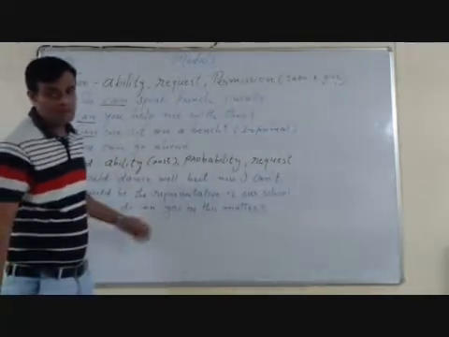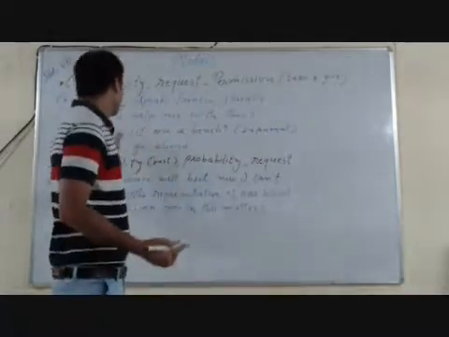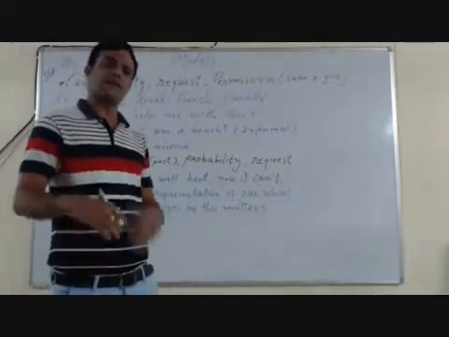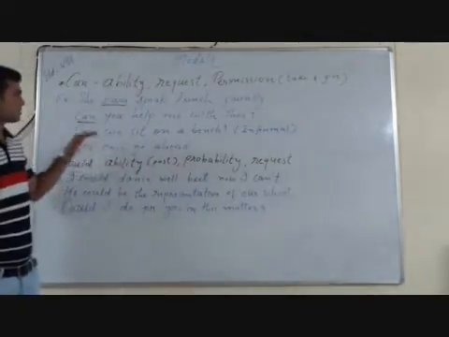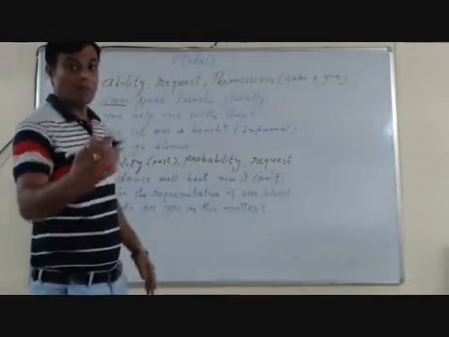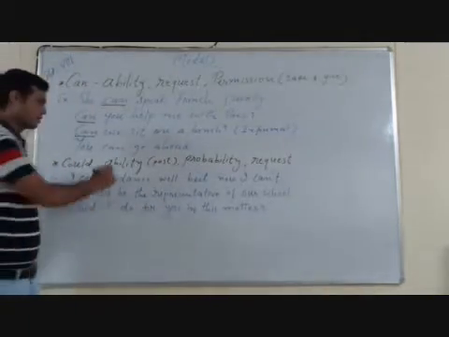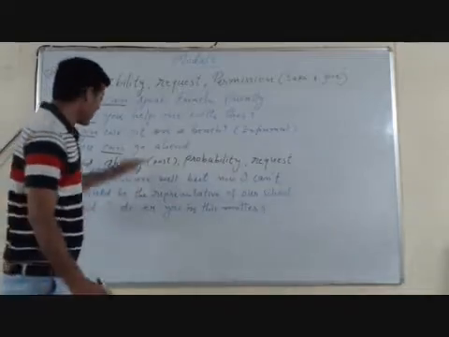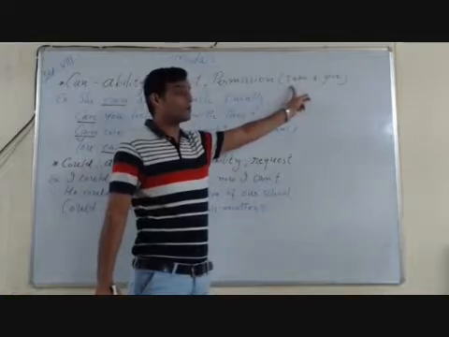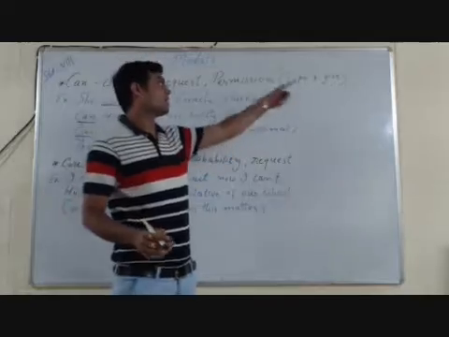But remember, when we want to have any permission, we use can. That is the informal use of can. Usually in spoken English, can is used. The formal way for taking permission is may. Then next, you can go ahead. Here, for granting permission, can is used. Here I have written permission, and in brackets I have written to take and give. For asking permission and for giving permission we can use can.